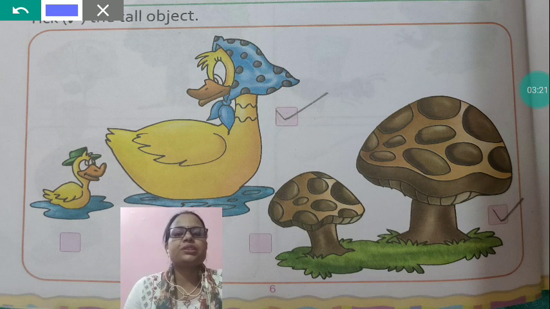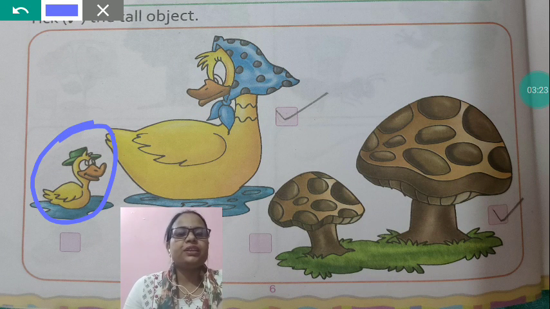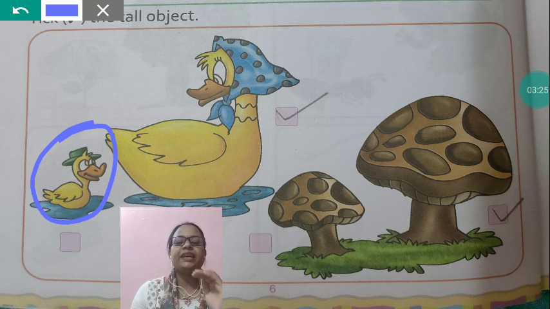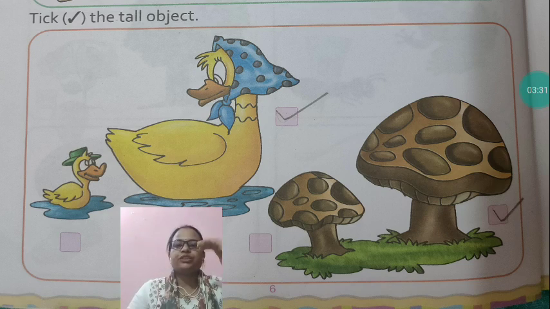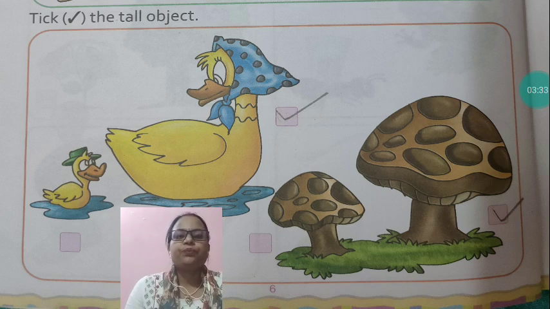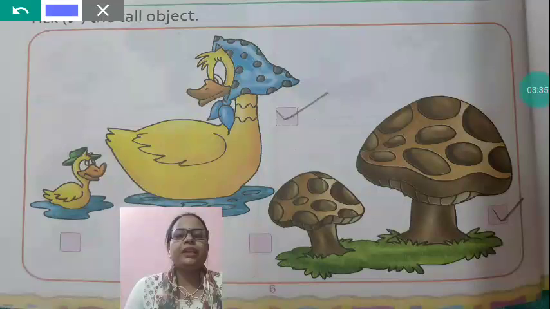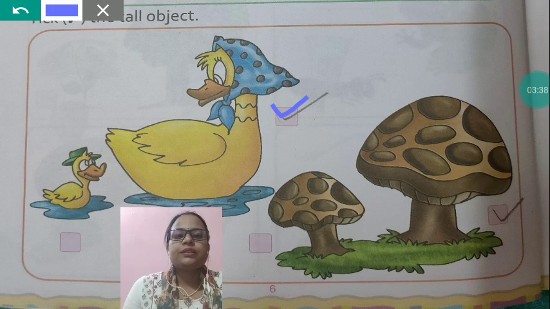There are two pictures. This duck is short, and this duck is big. So this is tall. Which picture will you tick? You will tick this picture because this is tall.